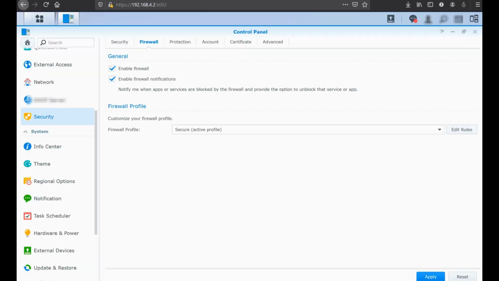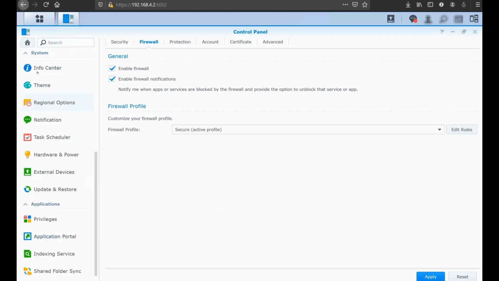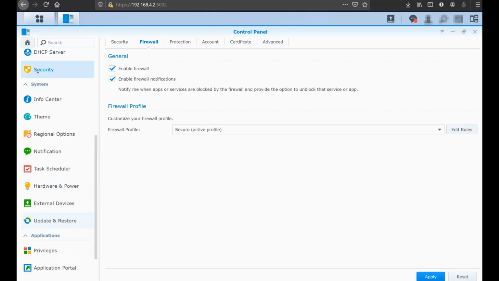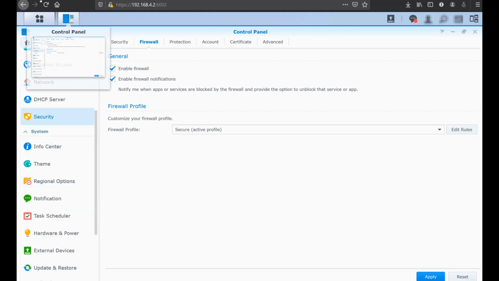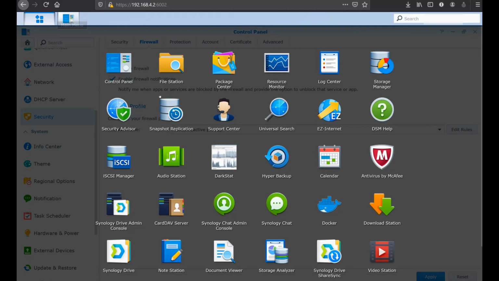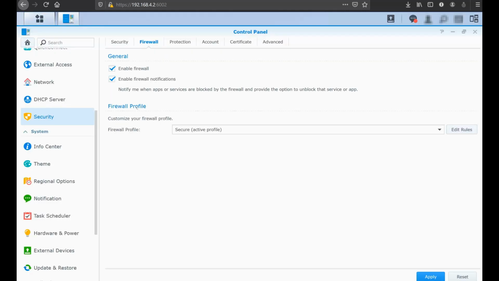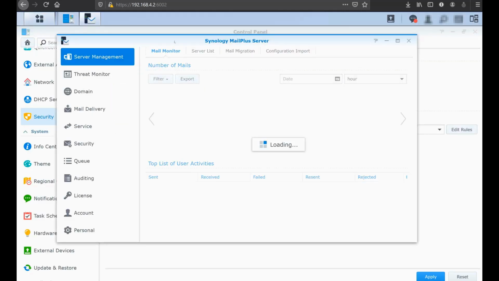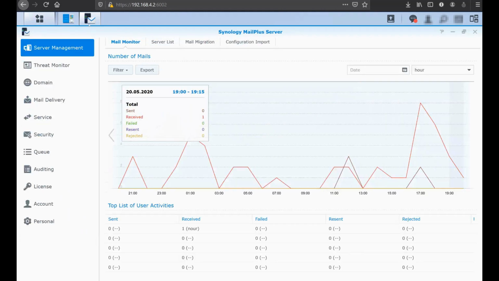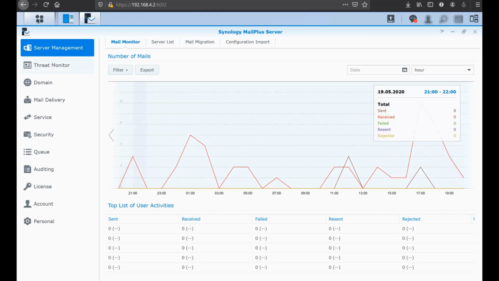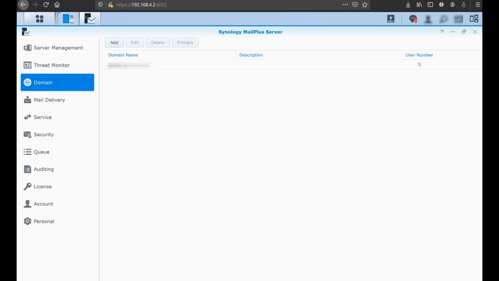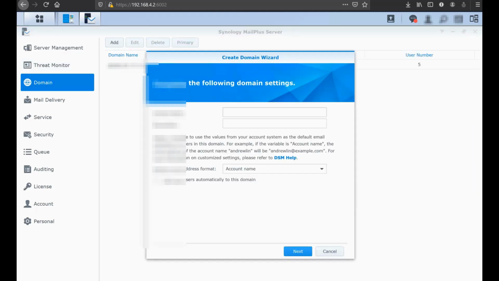Now let's go back to our NAS. I think that we have done most of the configuration here. So let's go to the mail package, to the mail server package. Okay, perfect. Now we need to configure our domain. I will not go through everything, but we'll just make sure that everything is working. Okay, so let's go to the domain part. We need to add a domain. The domain is